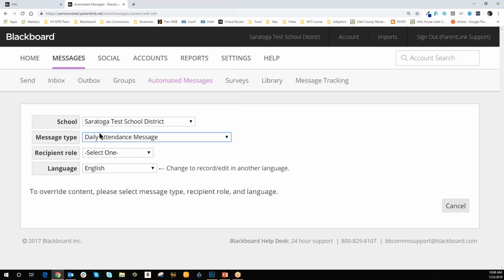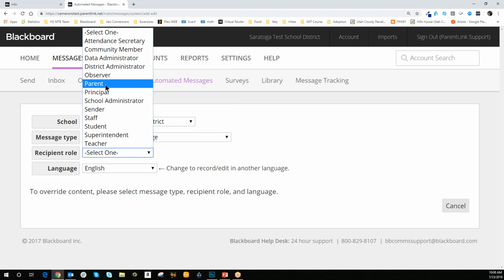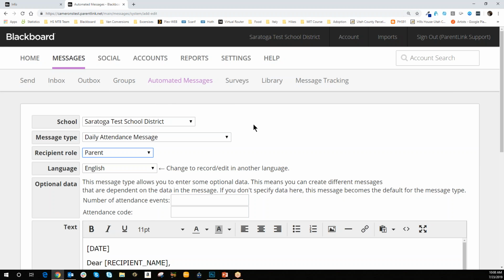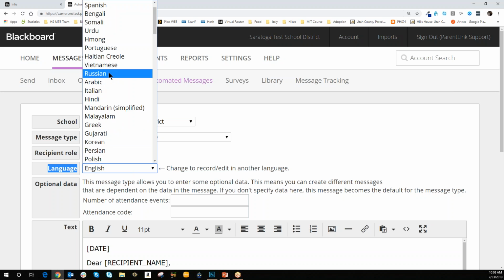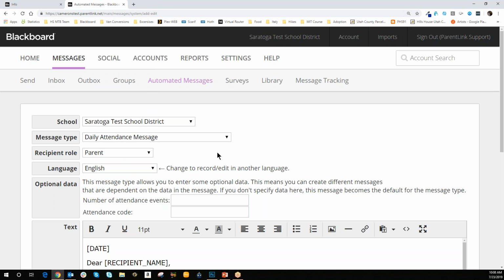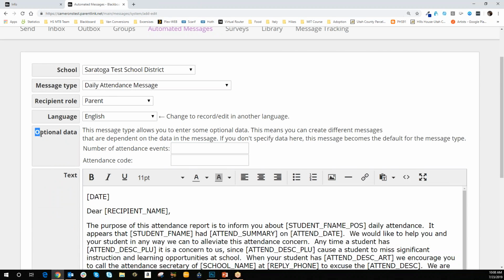And then once we have our daily attendance selected, we're going to select our recipient role, which will be the parents. We're sending these messages to the parents. Next, we do have the option for choosing the language. If you are doing a custom one and certain languages are important to you, you will want to do a custom one. Go back and repeat this process, choosing the languages that you need. In this case, I'm just going to do an English version, and then I'm going to skip the optional data